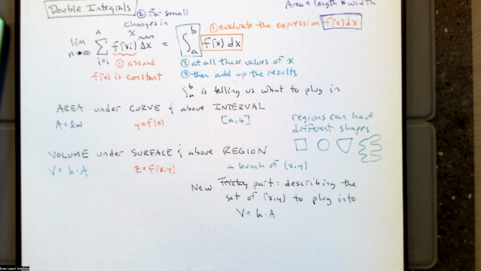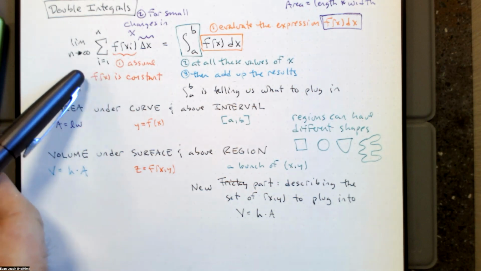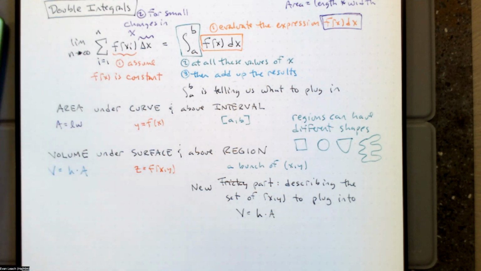All right. So let's draw a picture of how our thinking goes. Let's apply this thinking. We're going to do the same thing that we did before. We're going to have a function of two variables. We're going to assume that function is constant for some small change, not just in x this time, but also some small change in y. So we're going to have this little rectangle down on the floor with a delta x times a delta y, and then we'll evaluate the height at some point in that little rectangle. So what it will look like